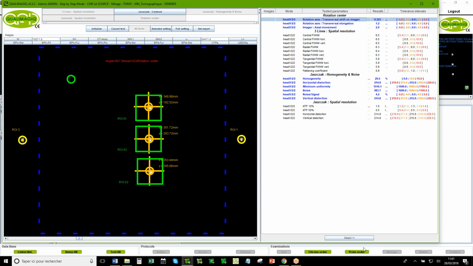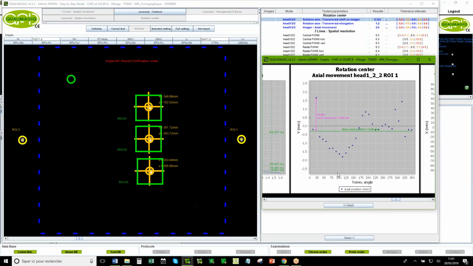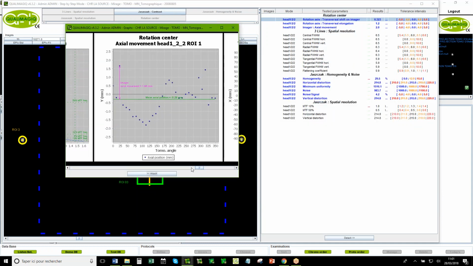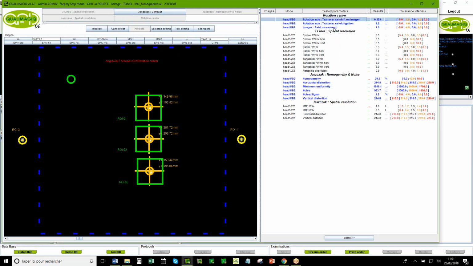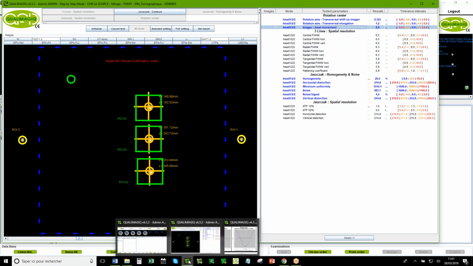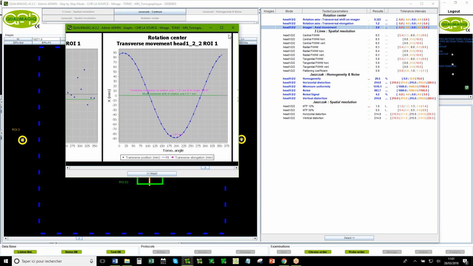And for the transversal test, we evaluate the sinus, the quality of the fit. Normally, if your rotation is perfect, all your points are on the fit. And that describes the quality of the rotation in the transversal orientation. Now I remember. So you have all the explanation: the test in transversal direction and the test in axial direction. So for me, it's finished.